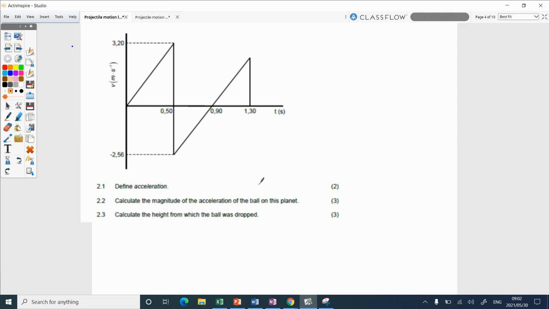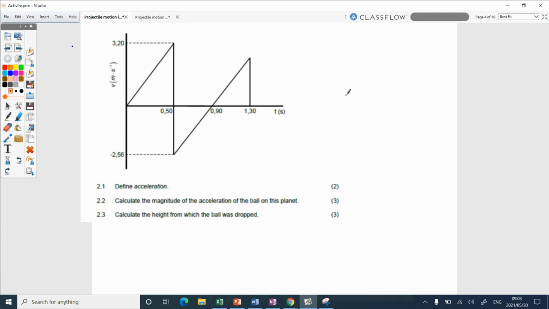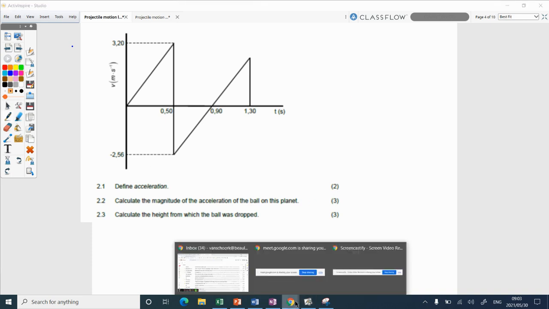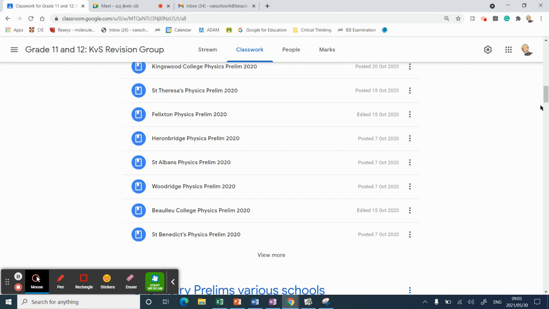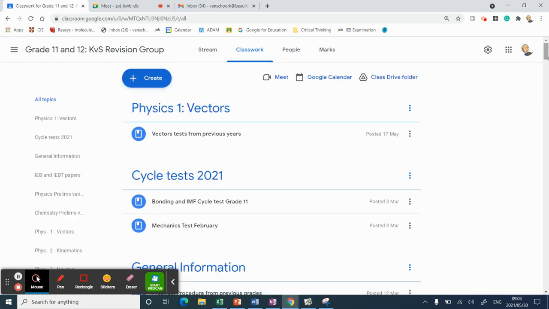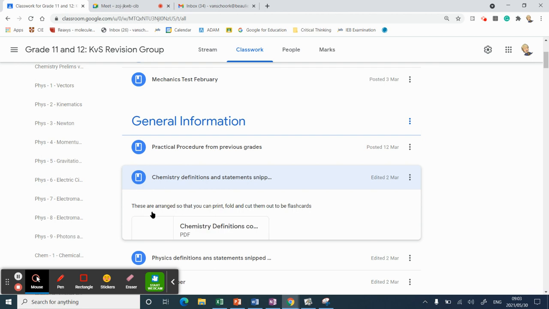Okay, you'll see these flashcards as well, as he printed the flashcards for you. It's already the rate of change of velocity. You will see it under general information. It's straight from the SAG, so you will know that you're doing the right thing. It doesn't want to open for me. Anyway, you guys can go and look.